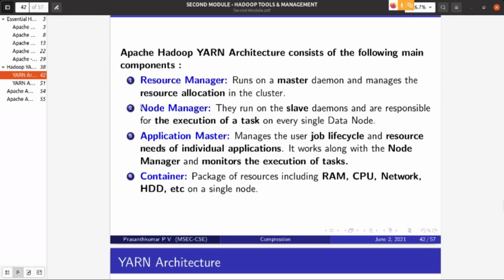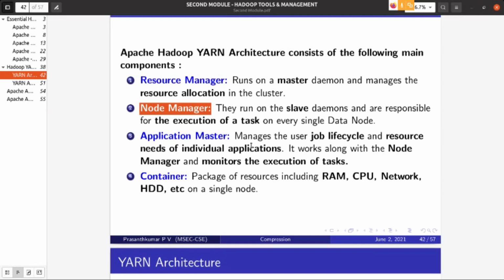Second one, node manager. What is node manager? It is a Java process running on slaves. If you check the data nodes in the MapReduce environment, or the computing nodes in general, where the actual computation happens, you can see a node manager running with respect to each slave.